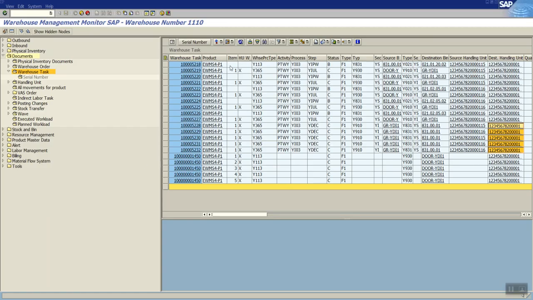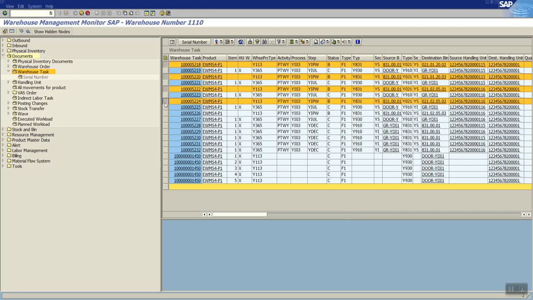And if you refresh here, all your warehouse tasks will be coming to open for the confirmation. So let's refresh. We can observe here all the 5 rows that I selected are open now. So let's proceed to confirm the final put away warehouse task.